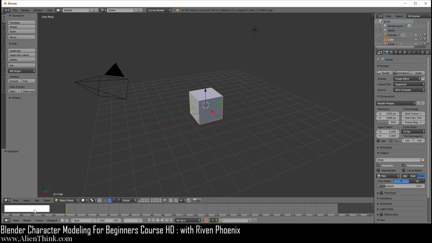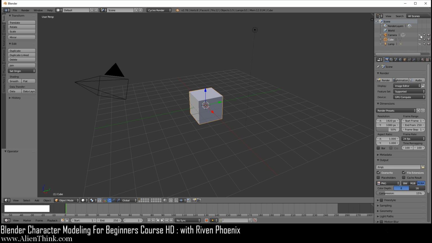Now you'll notice that there's a white box over here on the left, and this is here to show you the keys that I'm pressing, okay? Because Blender is heavy on keyboard shortcuts, you can glance over here if you get confused about something that I did. So let's go ahead and shut off the lamp and the camera. So to select objects, again, you can just right-click these objects. So I'm going to make sure that I'm selecting the cube, or you can select it from here. Let's go ahead and just pull this down just a bit. I'm going to click off the camera and then click off the lamp.